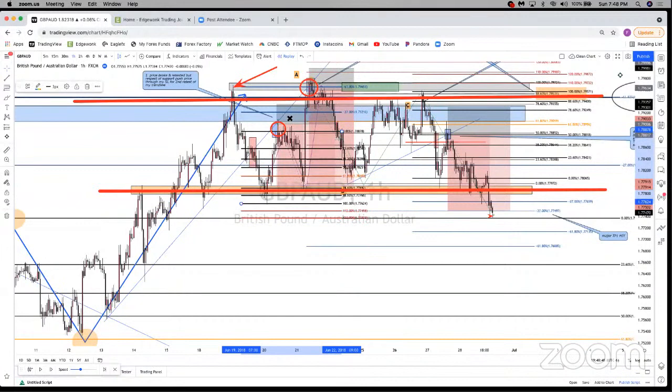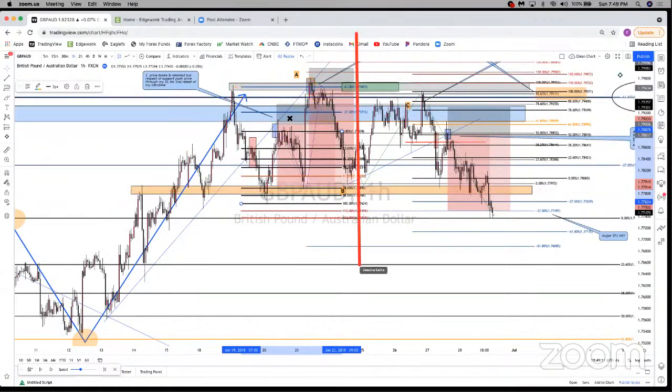Appreciate it. So in your structure, I was looking ahead at this, some support here turned resistance, and would I say this is a break of structure? Oh yeah, she didn't get there yet. Okay, all right, let her finish the story. I just had to intervene on the left side of this picture